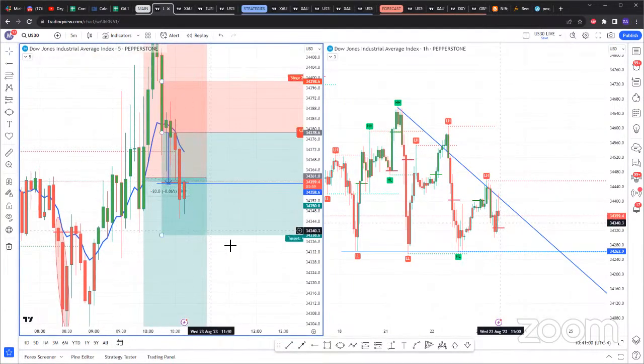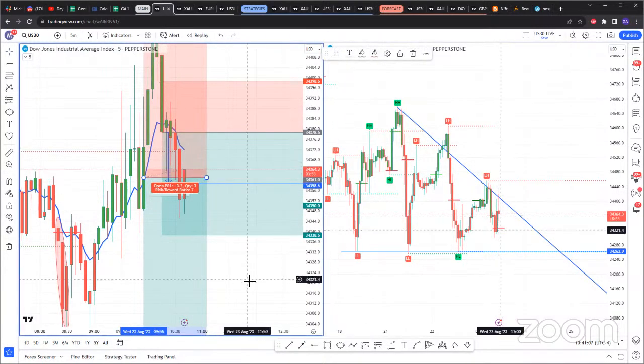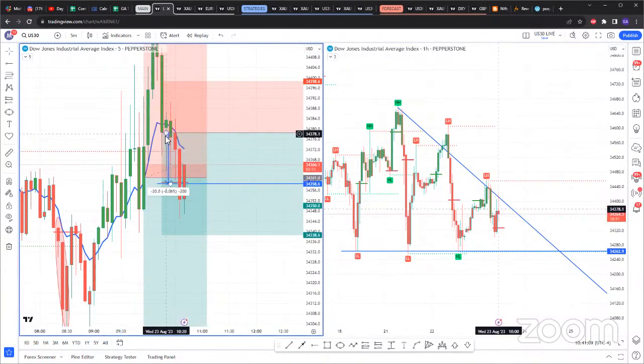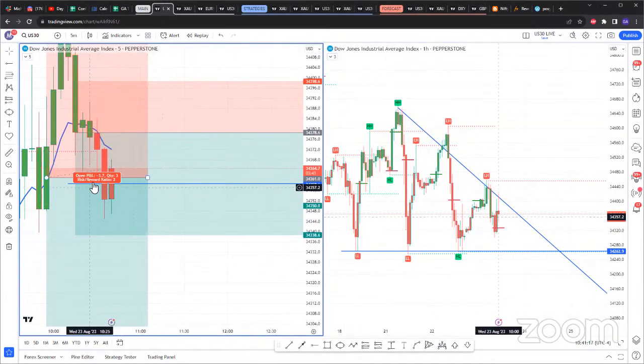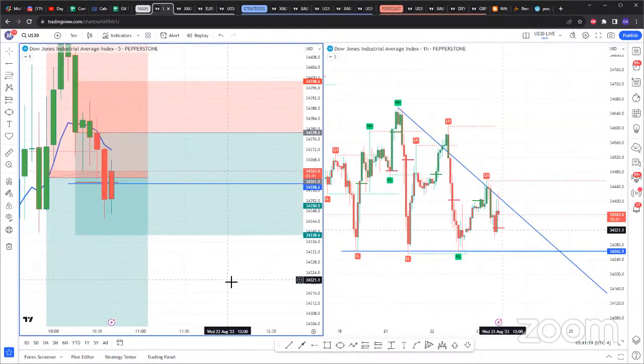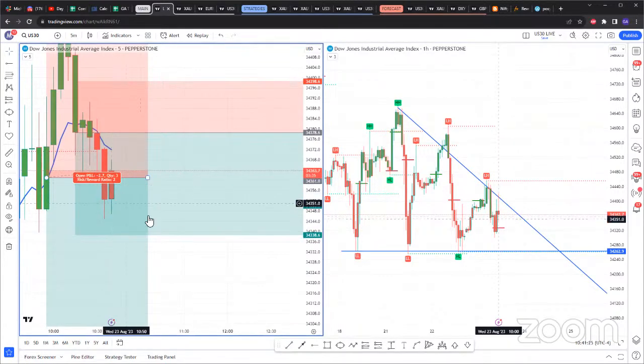Okay, so what's happening now on the 5-minute? Let me delete this real quick. Okay, so on the 5-minute, perfect. So you see what happened here on the 5-minute? We had a candle closing below that SAR. So let me delete this. We already had a candle closing below that sell SAR.